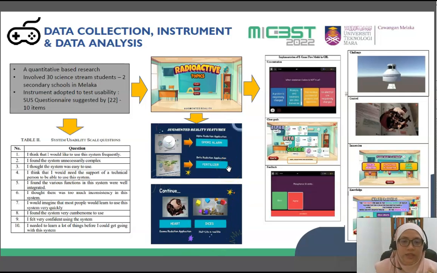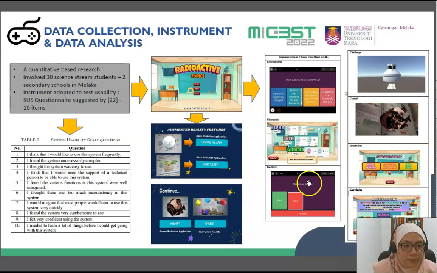When the user plays the AR functions, there is a sound and also a story played to the user, because the main purpose of this study is to improve the enjoyment of learners in learning physics education. Highlighted on your right-hand side is the implementation of the e-game flow model. As recapped in the literature review, it is a model used as a guideline to cater to the enjoyment element in learning.